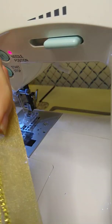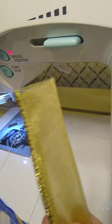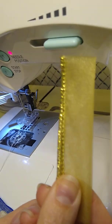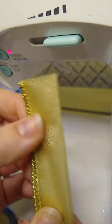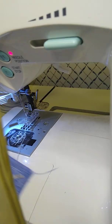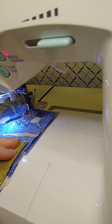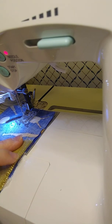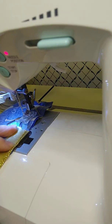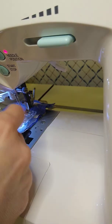I feel like the 4 wires gives a really secure amount of control that will hold the shape really well. So basically I've just folded this in half and then folded in half again to get the wires to line up. Nothing fancy, I'm just going to eyeball it. I'm going to line it up so these wires are all next to each other, center it, and have the wire just sticking over the edge of the fabric,